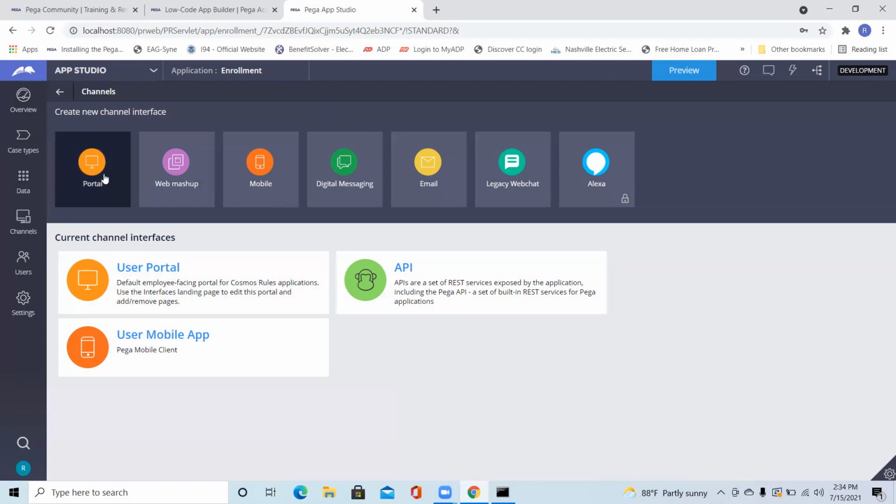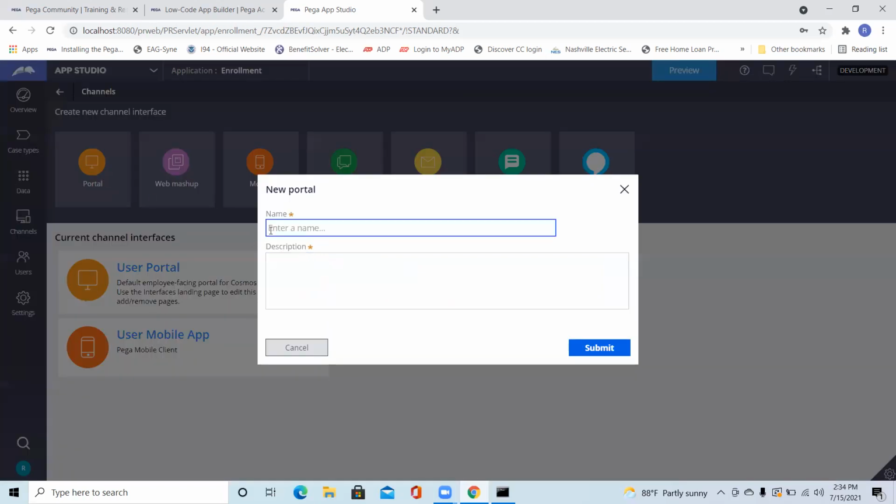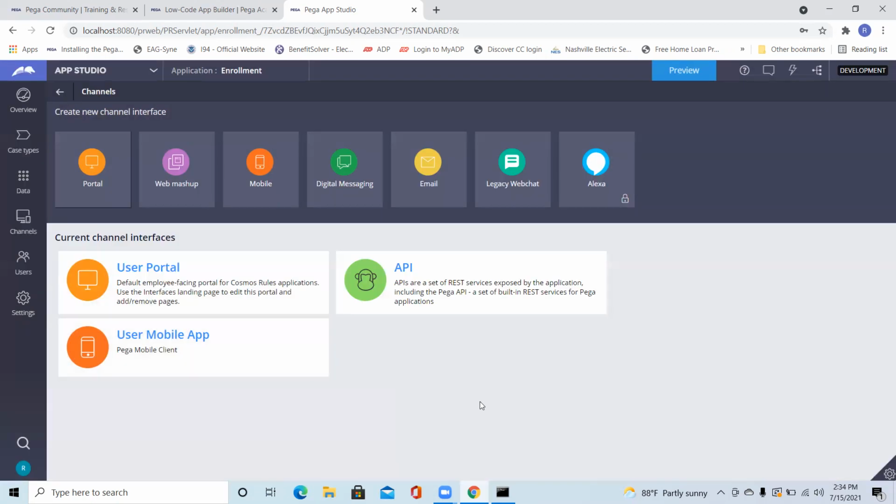Right? What I will do is create a portal with the name manager, or naming conventions are there. I will check it out. I'm unable to recall it right now, but you can name it anything. Recommended conventions are there. You can use it. So it will create a portal with manager, and I can assign this portal to their access group. So the moment a manager logs in, they will not get this screen. They will directly get the portal I'm designing for them. Okay, understood. These are called channels.